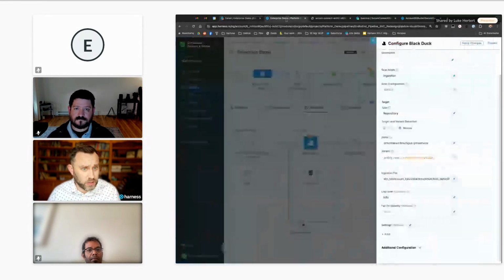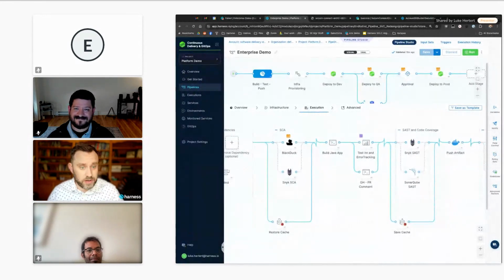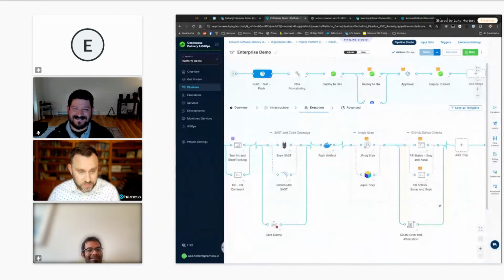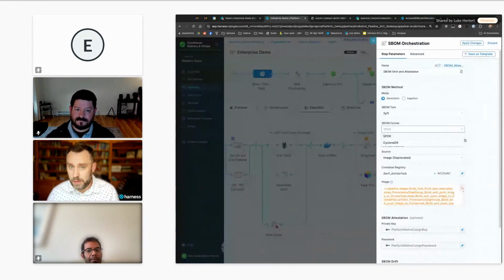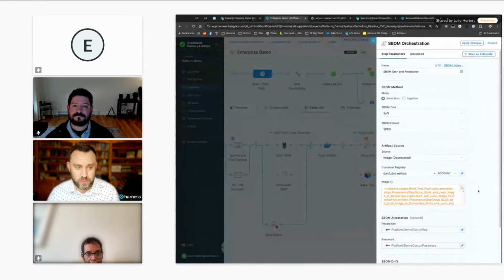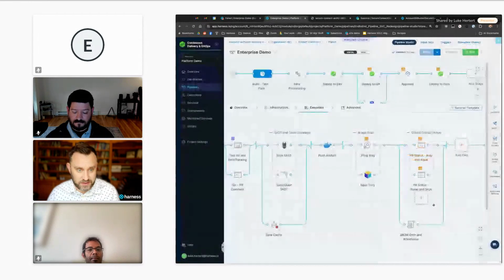If you want to see under the hood what this looks like, and I apologize for my dogs going crazy in the background, this can be as simple as saying what tool do I want to use? We've included a couple right here. And then what format do I want to publish in? These are a couple of industry standard SBOM formats. Then you provide your private and public key, and we will generate that SBOM and do an attestation.